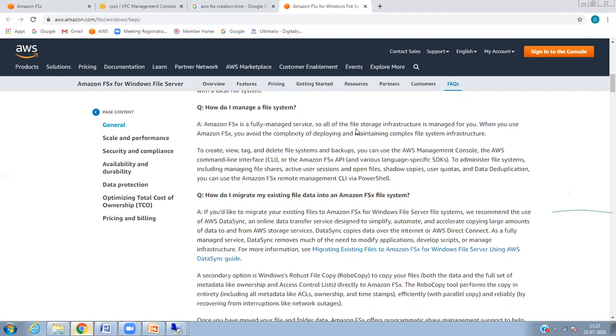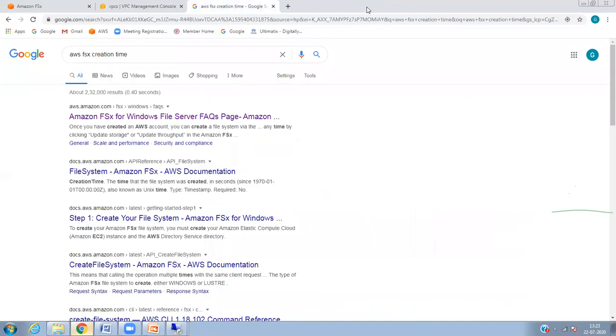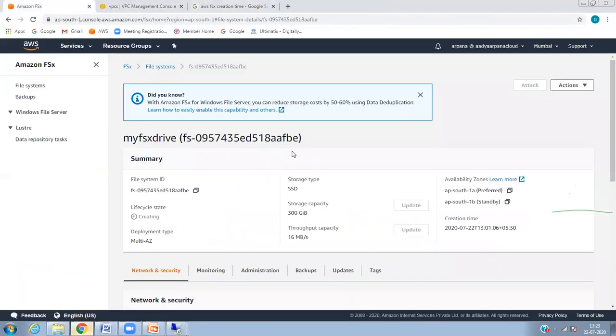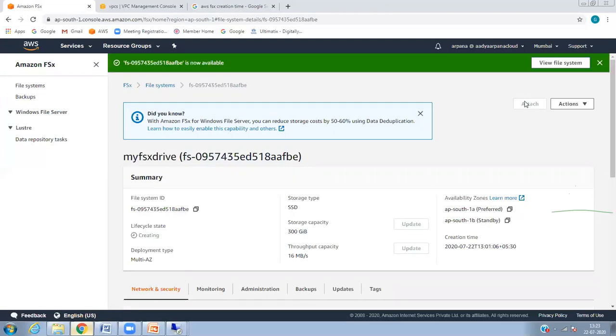Yuvraj, yes. I don't know why it takes so long, because it should not take this much time. Maybe it takes 13 minutes. The timing is not that much here, because when we give 300 GB and storage capacity, everything shows, and we have selected the default VPC and the availability zone, and there are no other settings. However, it should not take this much time. Basically, until we get it attached here.